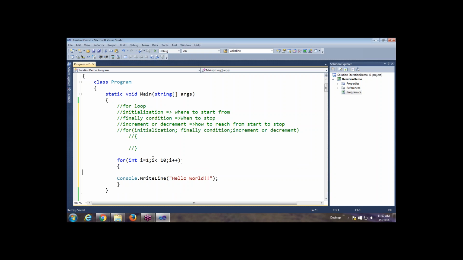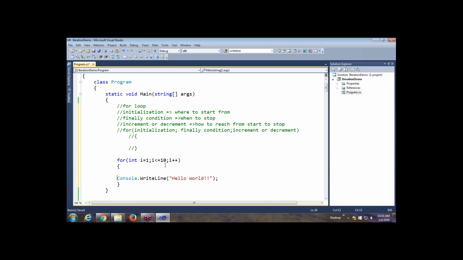Then I plus plus, I becomes 2. 2 is less than 10, perform the block, and this will continue till I becomes 9. When I is 9 and it is less than 10, the block will get executed. When I becomes 10, 10 is not smaller than 10, the condition becomes false and this block will not get executed. We want this block to get executed 10 times, so we need to make it true for 10.